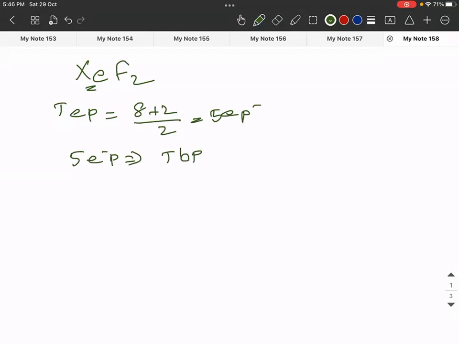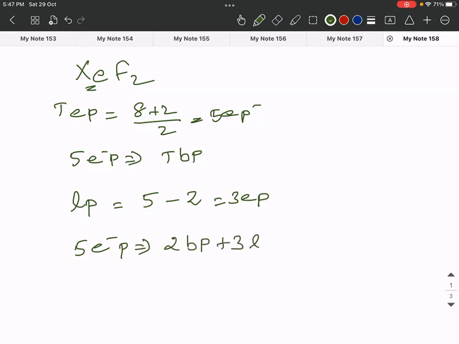So you should have trigonal bipyramidal, but you have only 2 atoms. So you have to calculate the lone pairs. How to calculate lone pairs? Total electron pairs minus the number of attached atoms. So 2 atoms are attached, so 3 lone pairs. Totally 5 electron pairs. Among the 5 electron pairs, 2 are bond pairs and 3 are lone pairs. So when you have the shape like this,